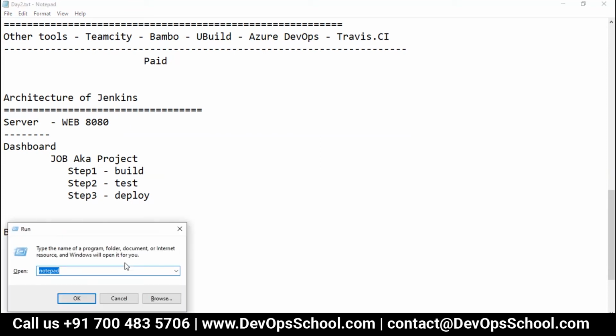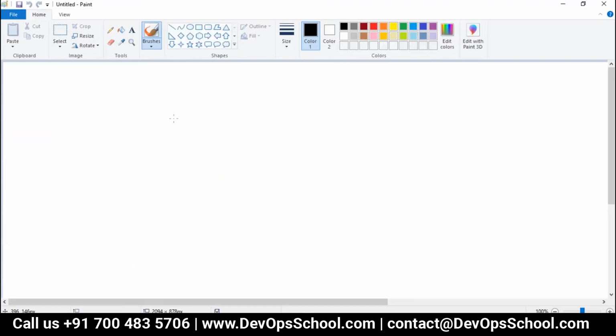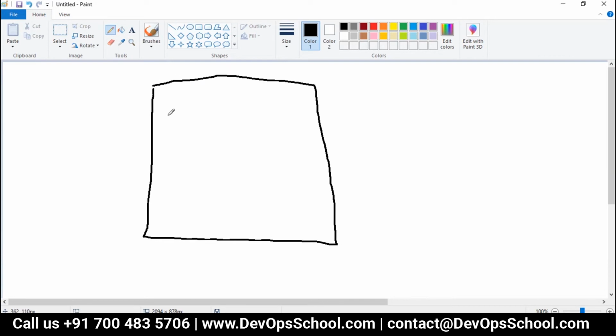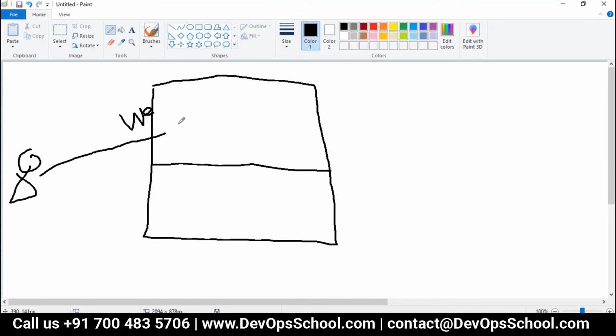Let me explain it to you through graphics. Assume this is a Jenkins server. This is the web part, which humans can access on port 8080. By default, you can change the port.